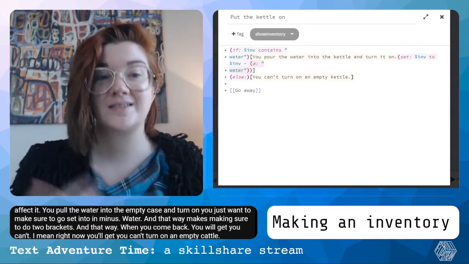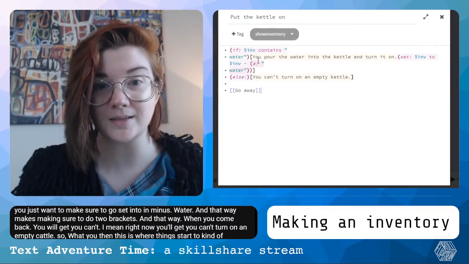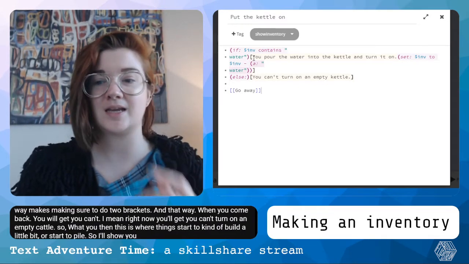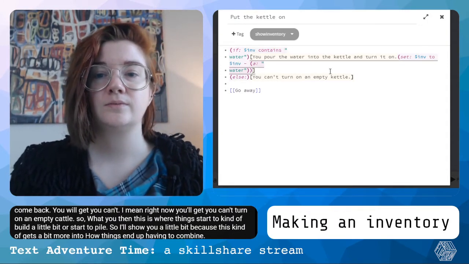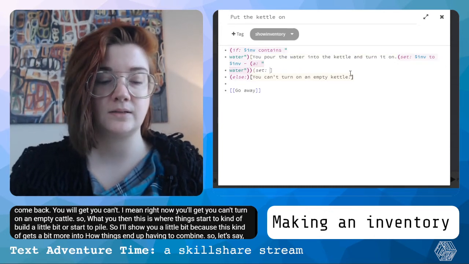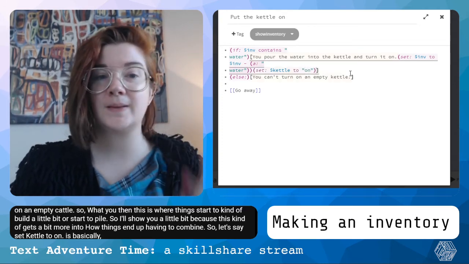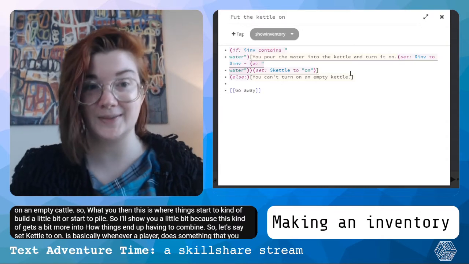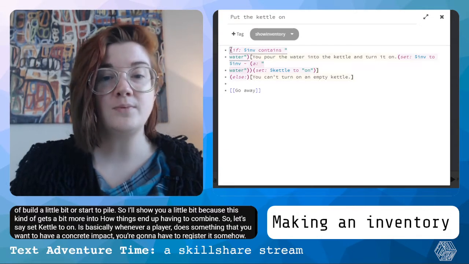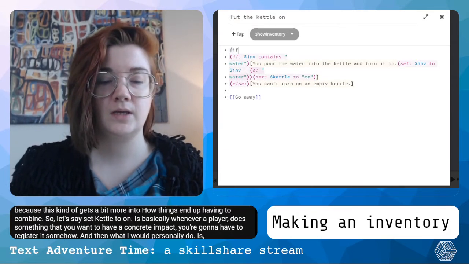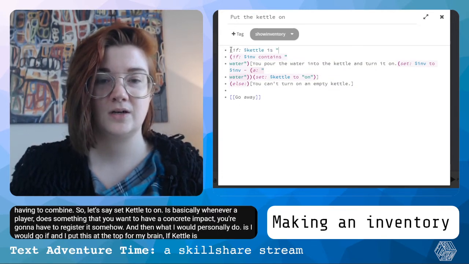kettle." So this is where things start to build or pile up. I'll show you a little bit, because this gets more into how things end up having to combine. So let's say set kettle to on. Basically, whenever a player does something that you want to have a concrete impact, you're going to have to register it somehow. And then what I would personally do is put this at the top, for my brain: if kettle is on,